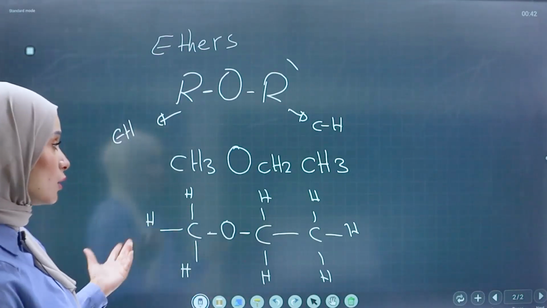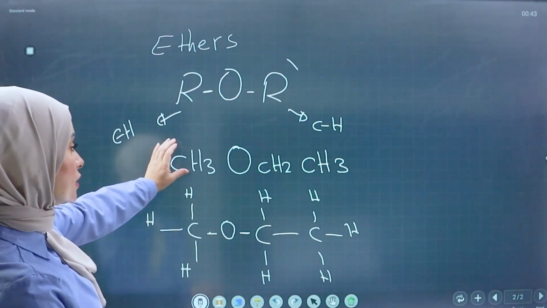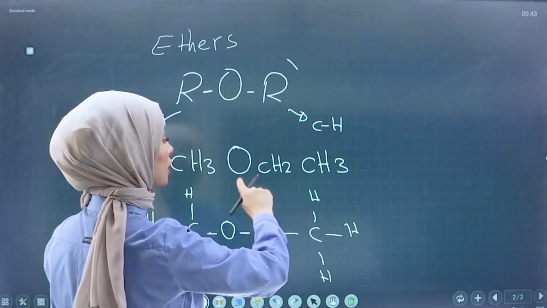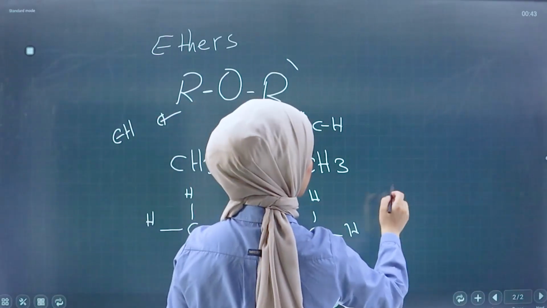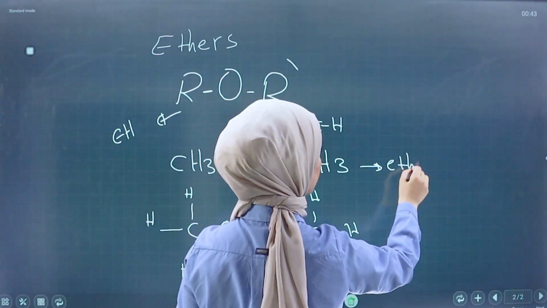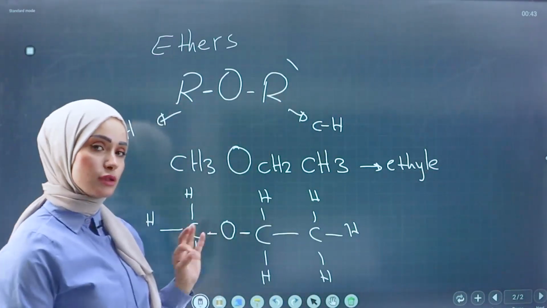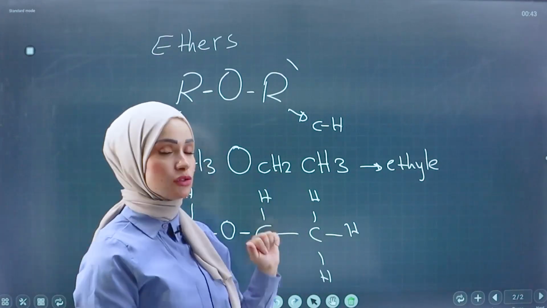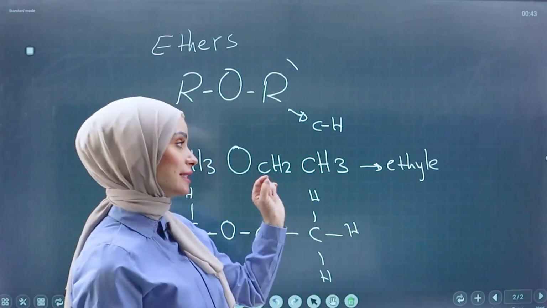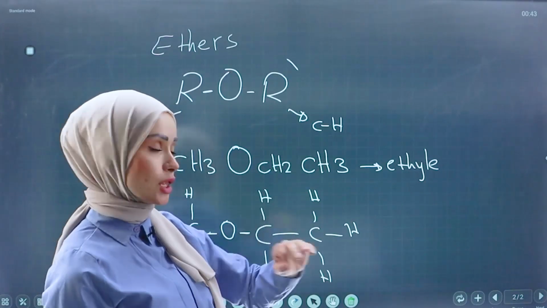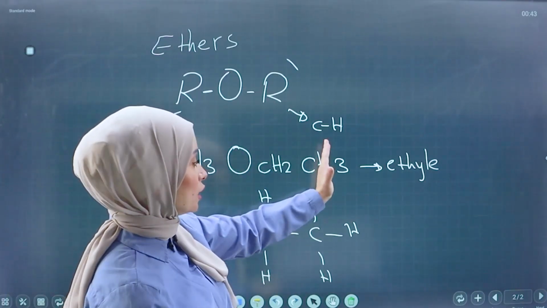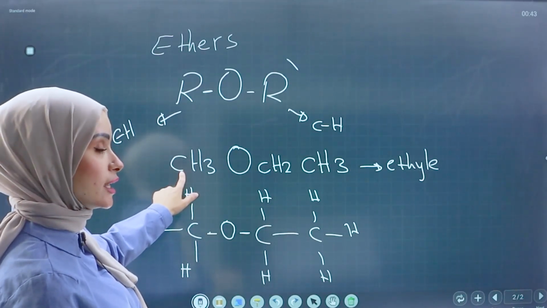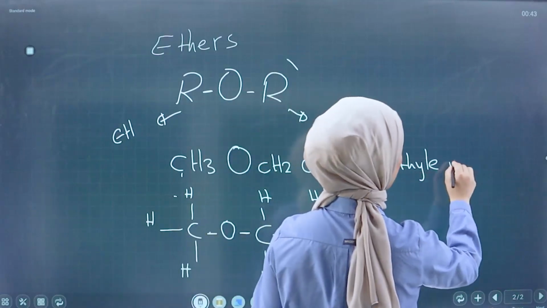Okay? How do we name the ethers? We divide the ether into 2 parts, left and right. On the left part, I have meth, and here I have ethyl. It is ethyl because it is not full ethane, because I still have 1 missing hydrogen. It is not full ethane, so it is ethyl, like an alkyl. On the left side we have 1 carbon, which is methyl. So ethyl, methyl,